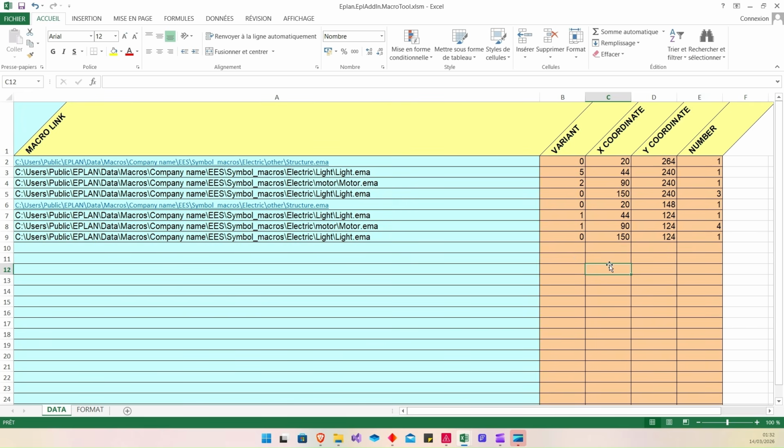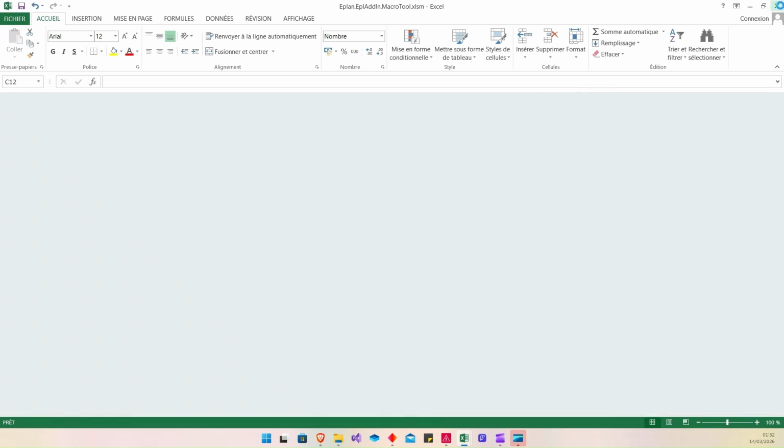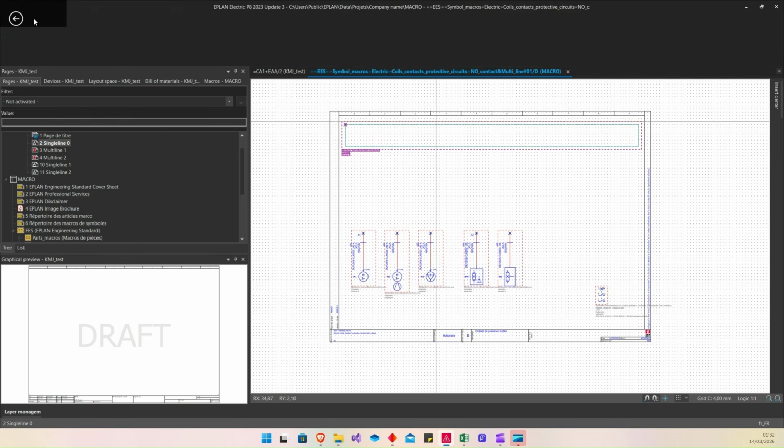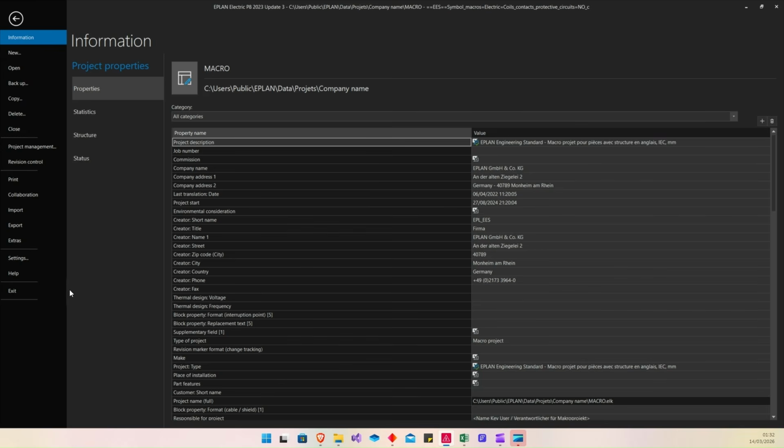So after you insert your link, your coordinates, the number of repetitions, and also your variant, you can save this Excel file, close it, and go to ePlan. Now we will see the magic. In ePlan, you need to load your script, your API.